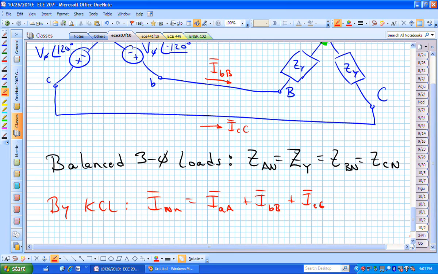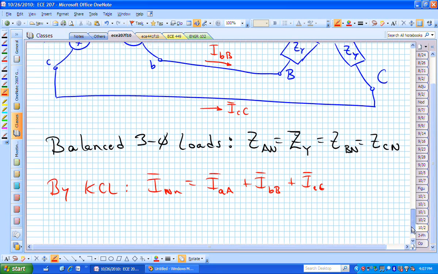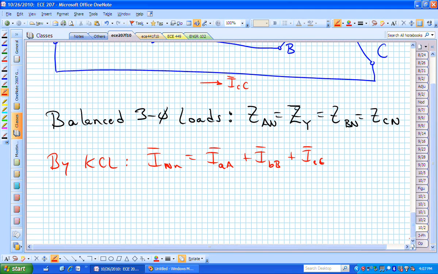But since this is a balanced system, we know all of those currents are related to each other, just like the voltages are related to each other. The voltages are related to each other by 120 degrees. The currents are also related by 120 degrees, and what their angle is depends on the impedance of one of those load phases, Z sub Y, and those are all the same. If I now know that the system is balanced, which it is, you know that your sources are balanced and your loads are equal, and if we're told